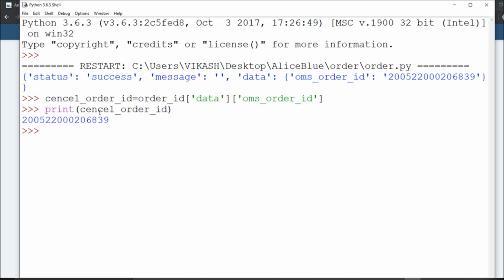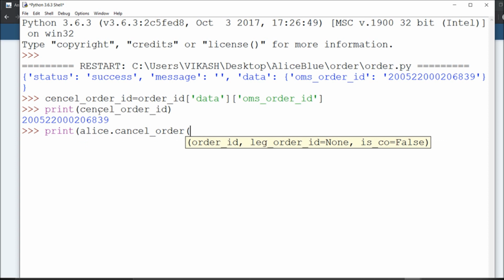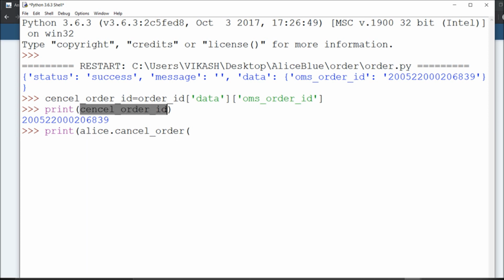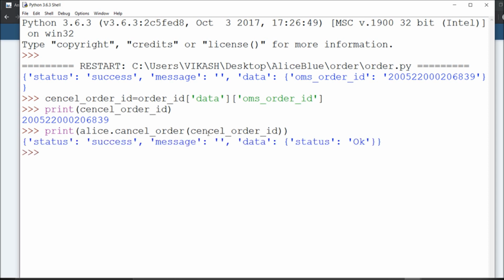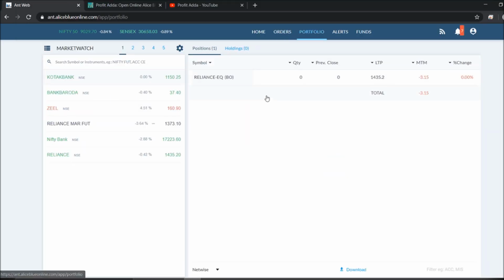So this is where you need to cancel this. Okay, so it is very simple to carry this out and cancel. Okay, so what I'm going to do is call this alias dot cancel underscore order, and I need to give this order ID. So whatever I got, just place it. So whatever your legged order is open, it will cancel that order and it will give success status. Okay, so initially the order was there but no pending orders, your order has been cancelled.